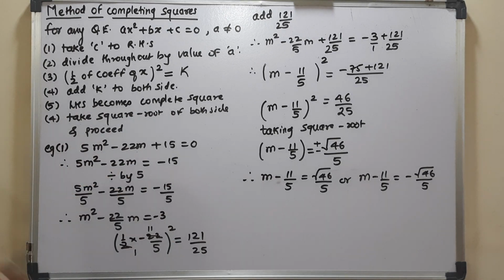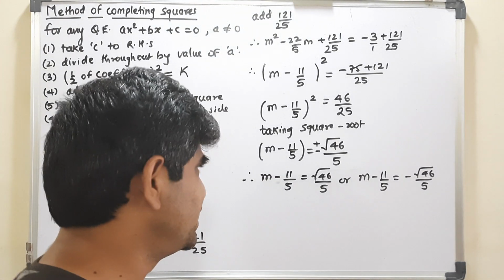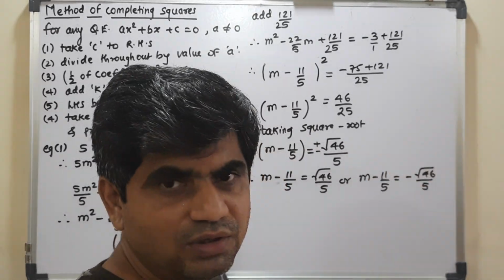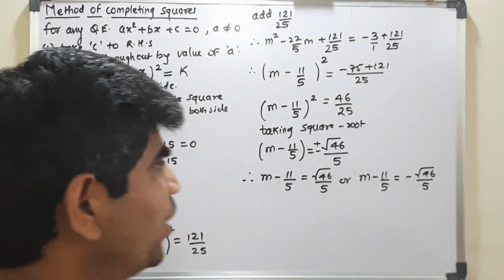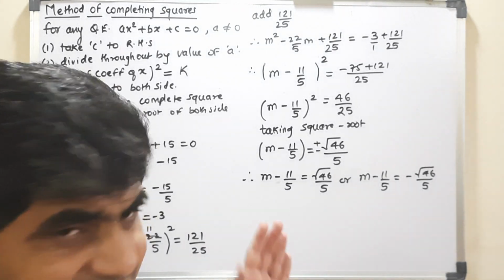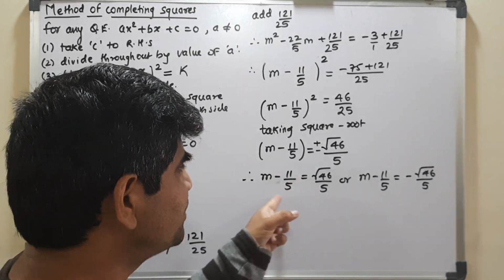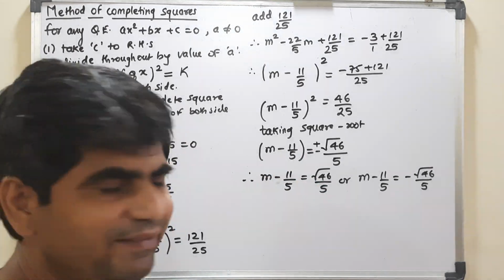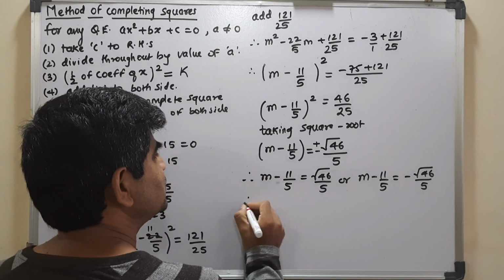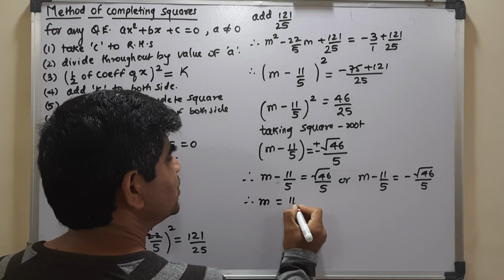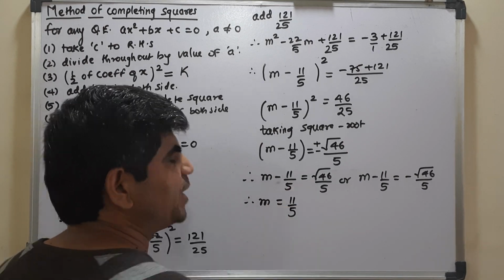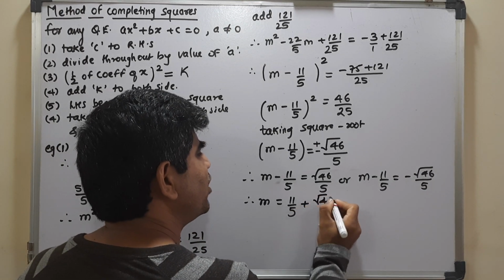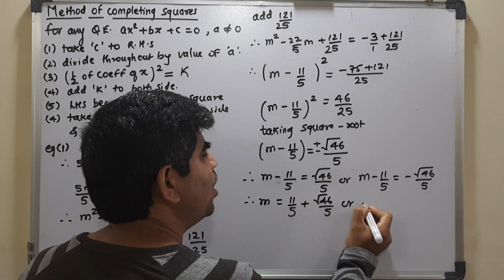Agreed? So I got two values and I wrote two values here. Here plus I wrote under root 46 by 5 and here I wrote minus under root 46 by 5. Okay? So to get the value of m, I need to transfer this minus 11. So minus 11 when it goes that side, I will get m is equal to 11 by 5. Since it is going to become plus, so I took it first only, plus under root 46 by 5,